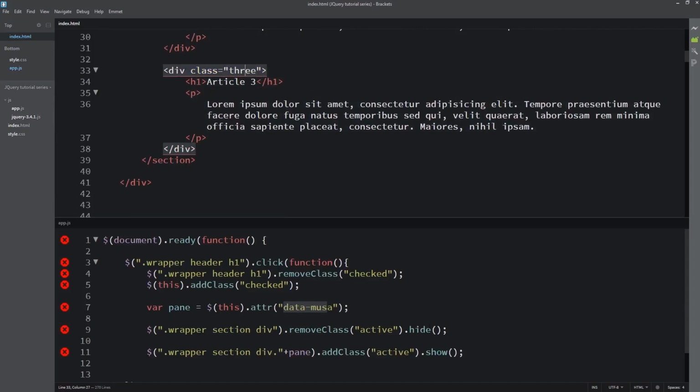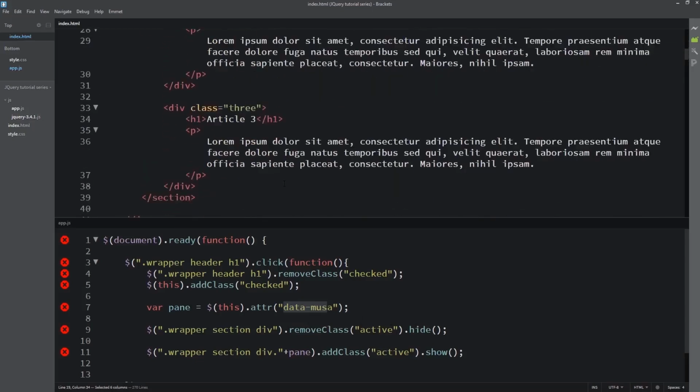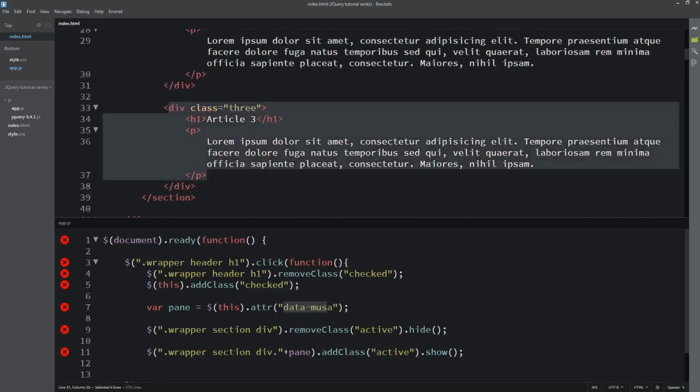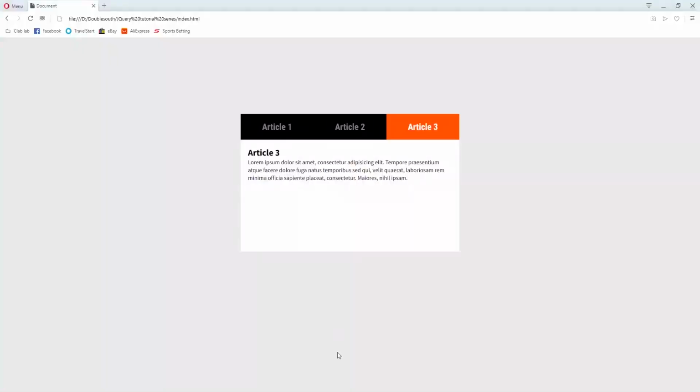So what we do now is first remove any class that is active. In this case, this one is active. So we remove it, then we need to find a way to target this div and put the active class inside it. After we remove the active class, we hide them. Then we target div.3. We concatenate div with the pin, meaning the value inside this pin, in this case 3. So directly, we get div.3, then we add the class of active, together with the show.